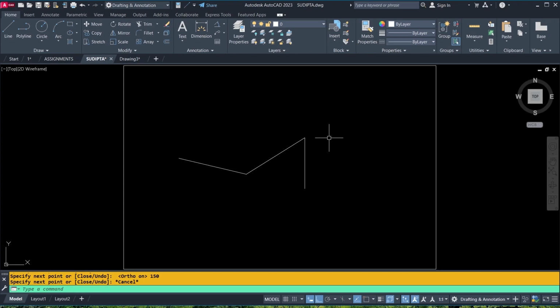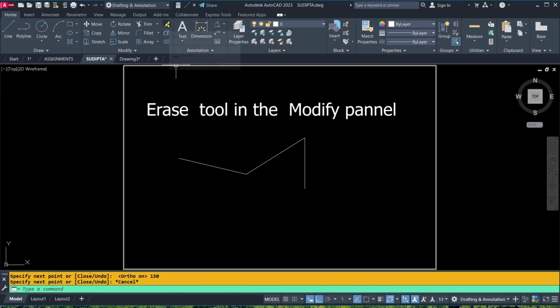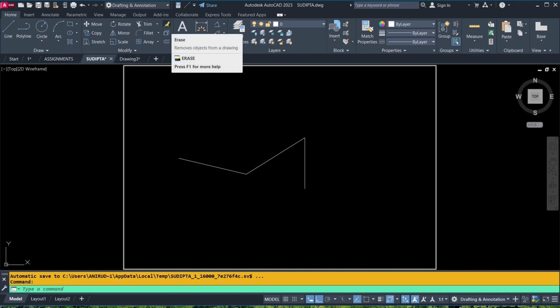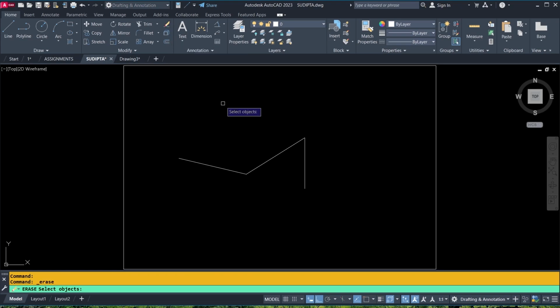Now I want to erase these three lines. That's why I am going to the erase tool. Here you see in the modify panel, this one tooltip appeared, erase. I am clicking on it. So erase tool is activated. You see our cursor is changed into a pick box, and now it is specifying me to select object. To select object, I am moving my pick box over the object and now clicking. Clicking means left mouse button click, click, click, and then pressing enter by right mouse button. So